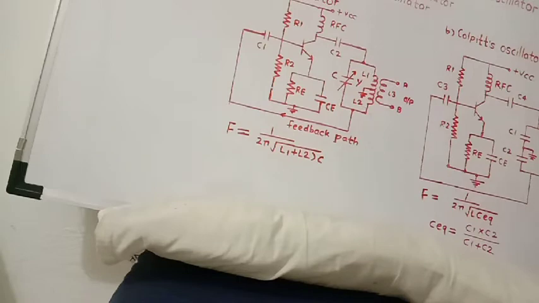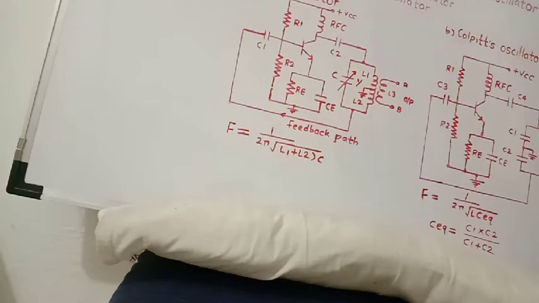If the loop gain of the amplifier, that is beta AV, is greater than 1, then we get sustained oscillations. Then we get continuous or sustained oscillations if A beta is greater than 1, and thus the frequency